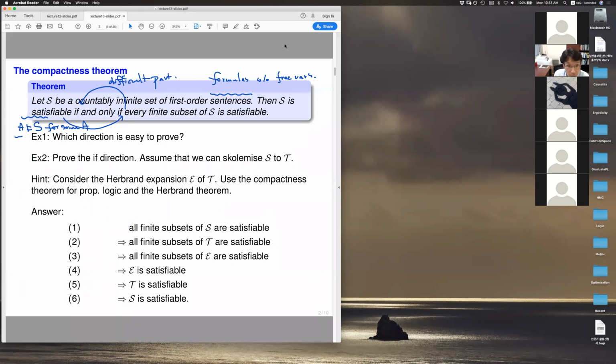Okay, so let me tell you the answer here. The proof goes like this. We have this set S, which is a set of first order logic formulas, and we assume all finite subsets are satisfiable. Then we Skolemize all of them. It's a bit tricky and one has to be more careful, but there is a way to Skolemize everything in S into Skolem formulas. So you Skolemize, then by the parallel Skolemization theorem,